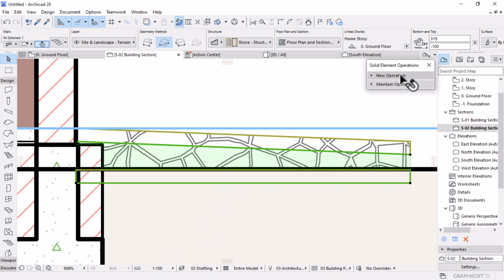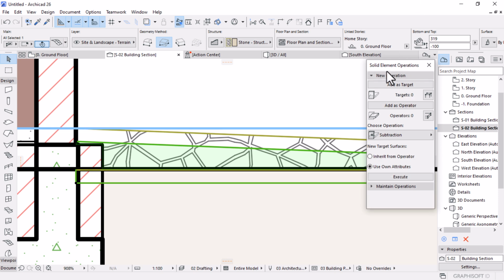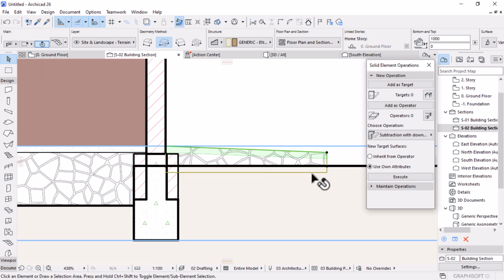So I'm going to activate my solid element operation window and then pick this one as an operator. The target is going to be the top part, which is that one that will act as a finish, and then I'll use subtract with downward extrusion like that, so that we can remain with something like this,